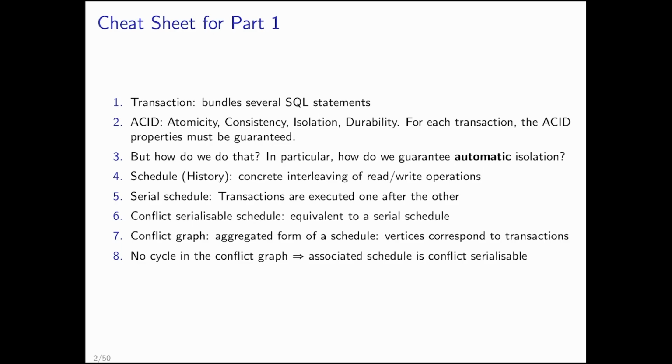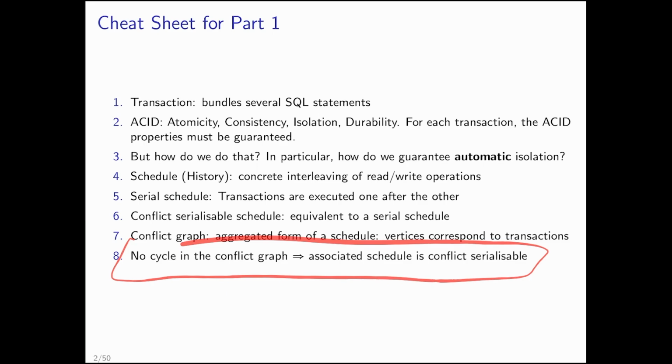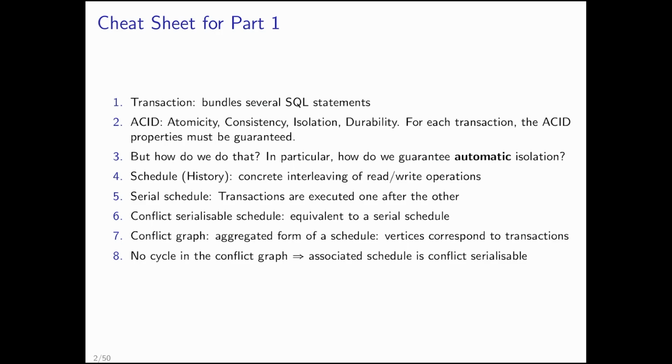Then we also talked about the conflict graph. That's an aggregated form of a schedule. A schedule is also a graph, but the nodes are the atomic actions, read and write operations. And then there are arrows in between that define the order, which comes first. The conflict graph is an aggregated form. In the conflict graph, the nodes are not individual operations, but transactions. One node for each transaction. And then you can derive the conflict graph from any schedule. Then there's another important property of these graphs that tells us: if there's no cycle in the conflict graph, the associated schedule is conflict serializable. That is what we looked at last week,